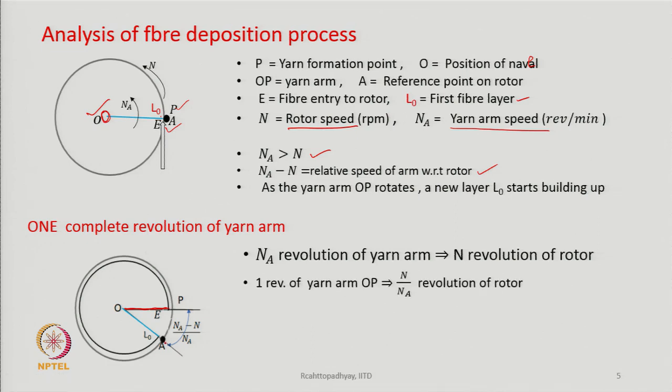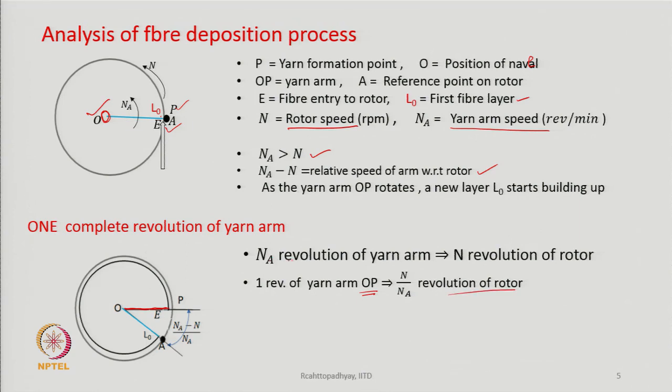Where the point A will be, A is the reference point on the rotor wall. A is moving at the speed of the rotor, but P is moving at a speed higher than the rotor. So P is always moving ahead of A, and therefore when P makes one complete revolution, A will be behind P. And what is the gap between these two? That is what is shown here: one revolution of the yarn arm OP is equal to N by N A revolution of the rotor,